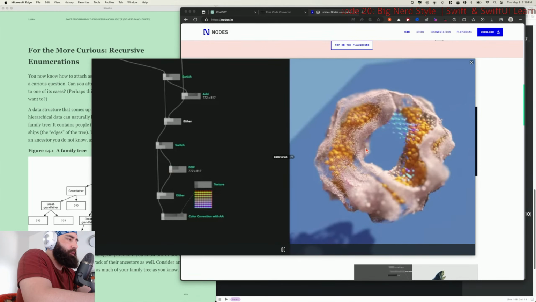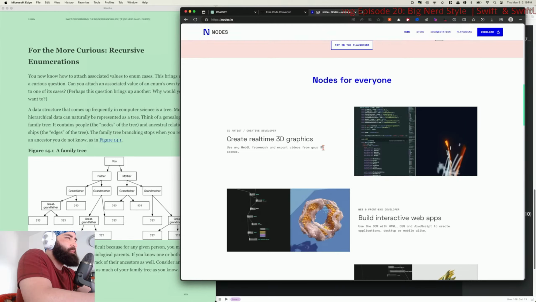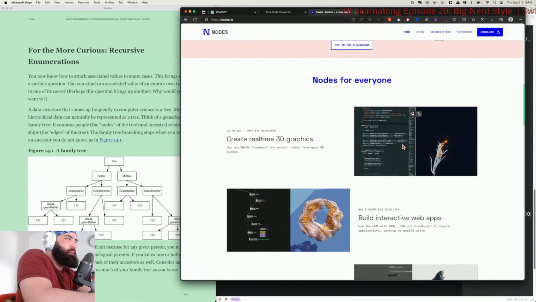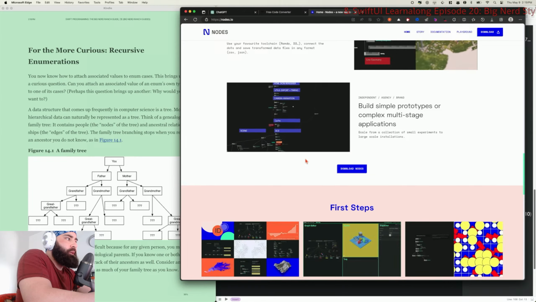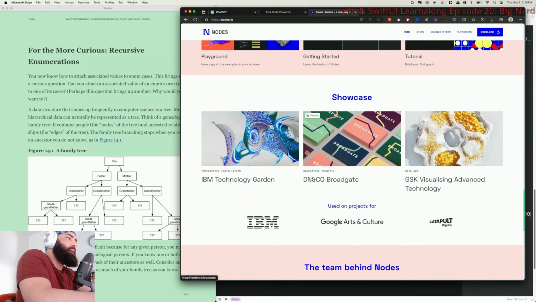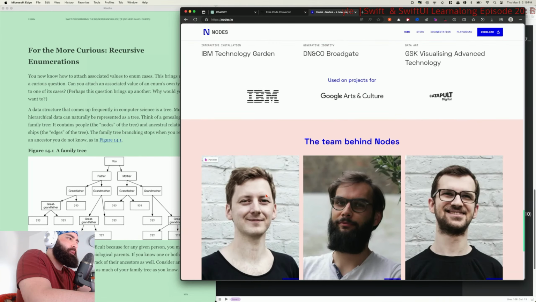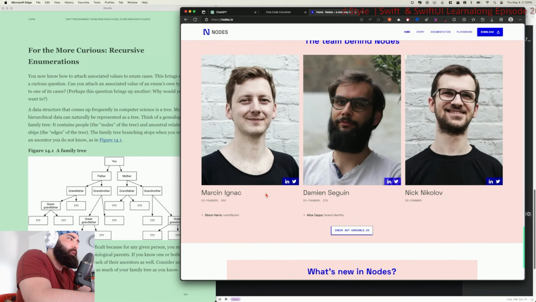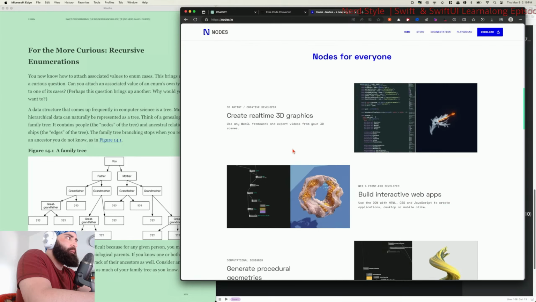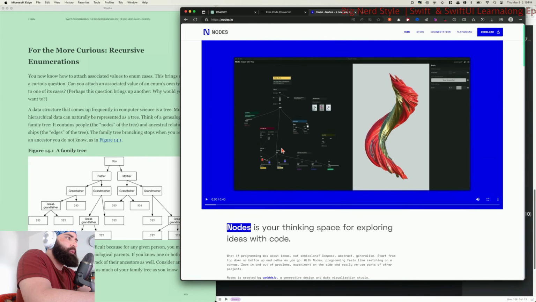So maybe it says nothing, but yeah, really cool for exploration, prototyping, stuff like that. I mean, look at this. It's pretty incredible. They also have their own graphical API, kind of like DirectX, if you ever worked with something like that, or Raylib. But yeah, go check it out. It's completely free. It's open source.